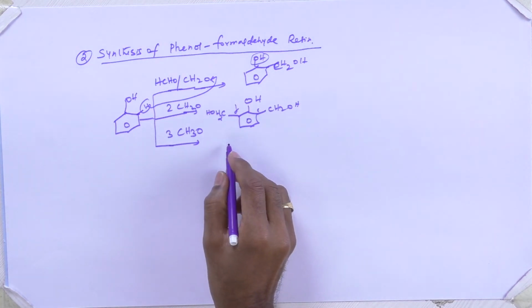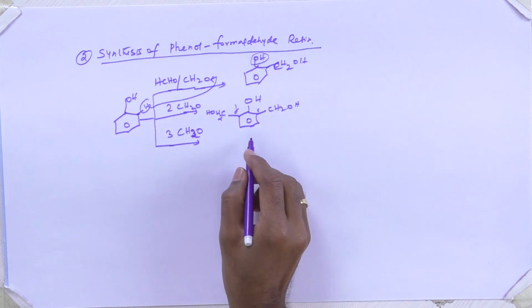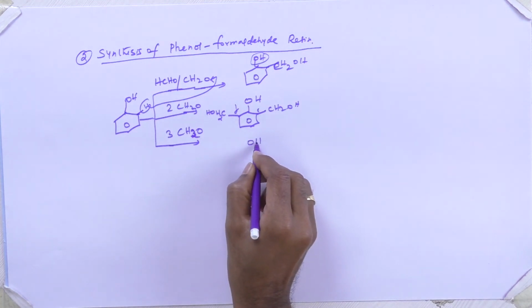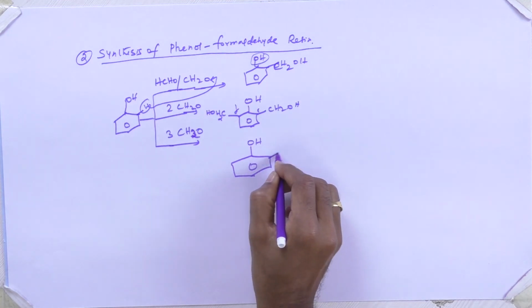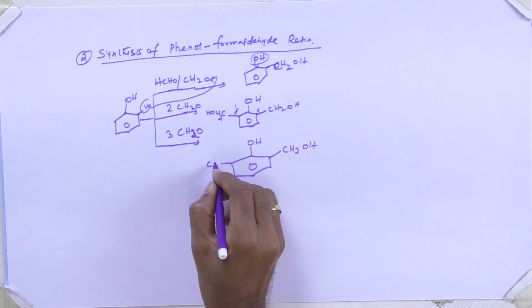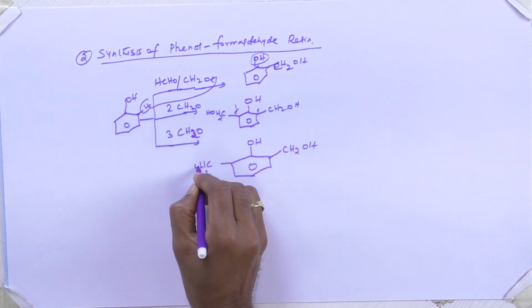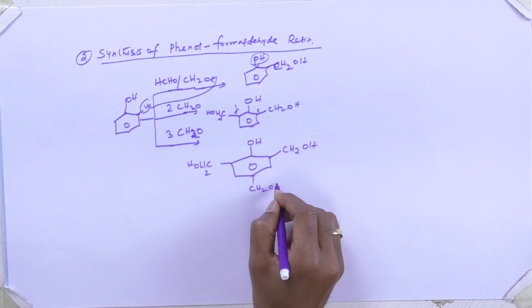position. So if 3 moles of formaldehyde are allowed to react with 1 mole of phenol, it will give tri-substituted phenol. So OH, CH2OH, then it becomes CH2OH. Now